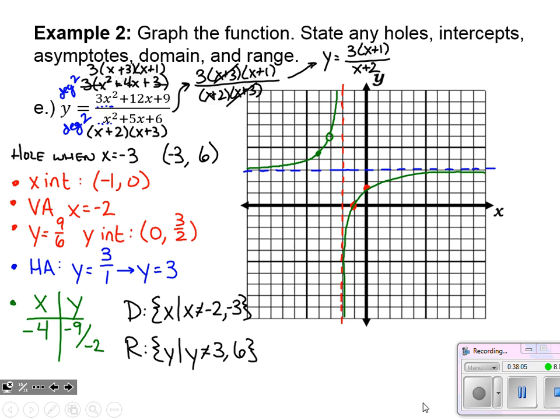I mean, look at all that we talked about. We talked about degrees. We revisited factoring. We revisited intercepts. We haven't talked about those in quite a while. Domain and range, those come back into play. So really a lot of work with functions that we haven't seen in a while. It all ties in nicely with just this idea of a function that takes the form of a fraction.